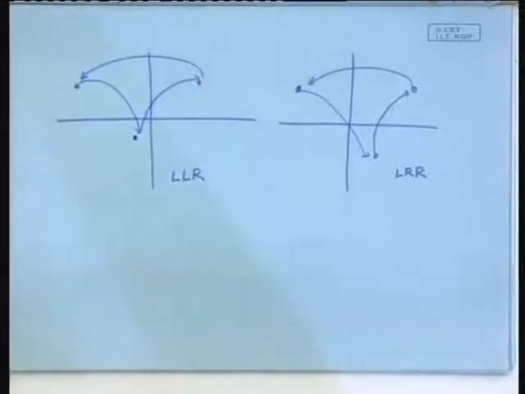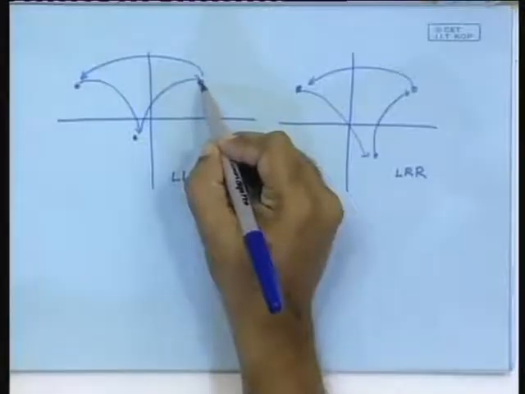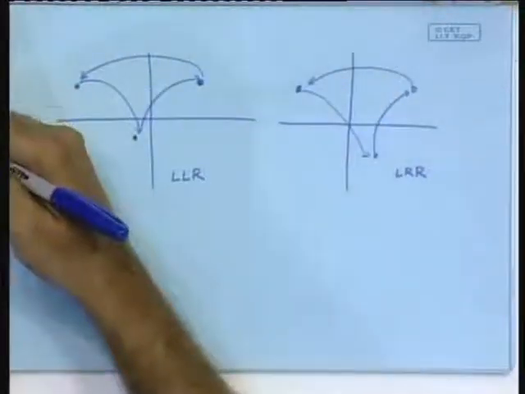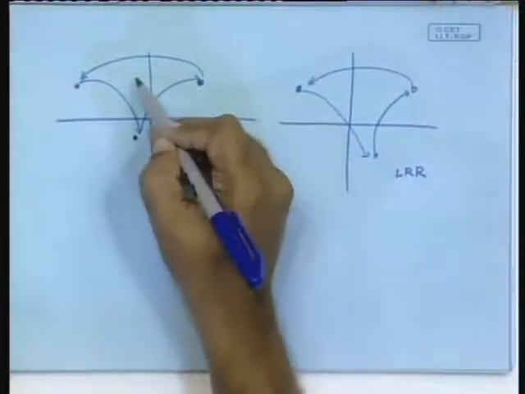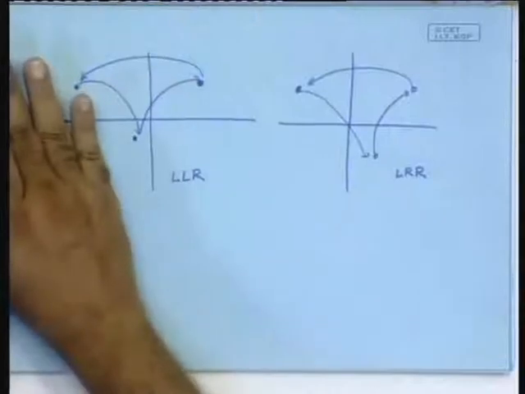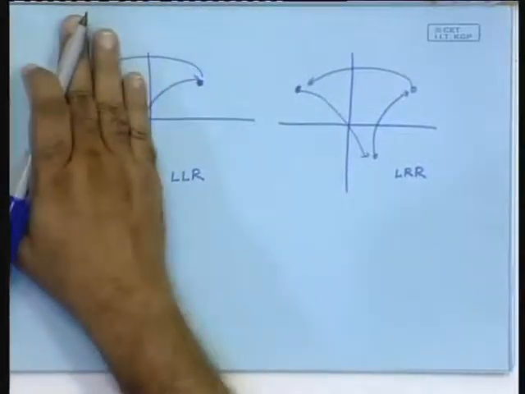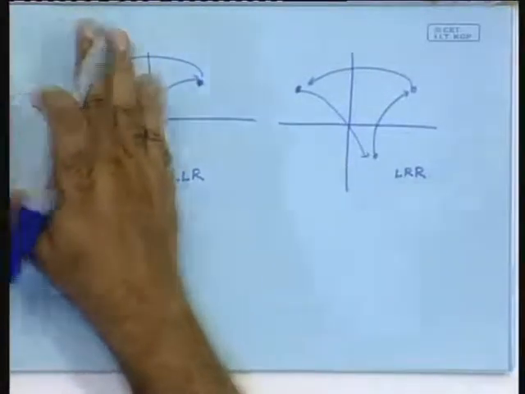Out of that, one you can ignore because it will be immaterial. For example, this point in the right hand side will always be in the right hand side, that cannot go to the left hand side. If it does, then all the points of a period 3 orbit will be left hand side, which is impossible, because the left hand side is a linear side. In a linear map, you cannot have a high periodic orbit. Similarly, this point cannot go to the right hand side.